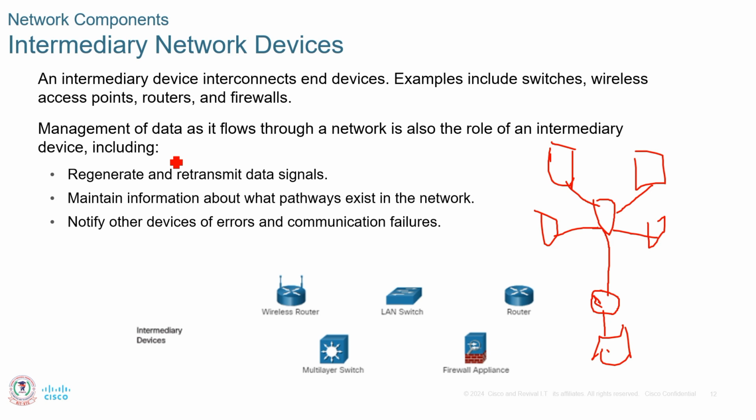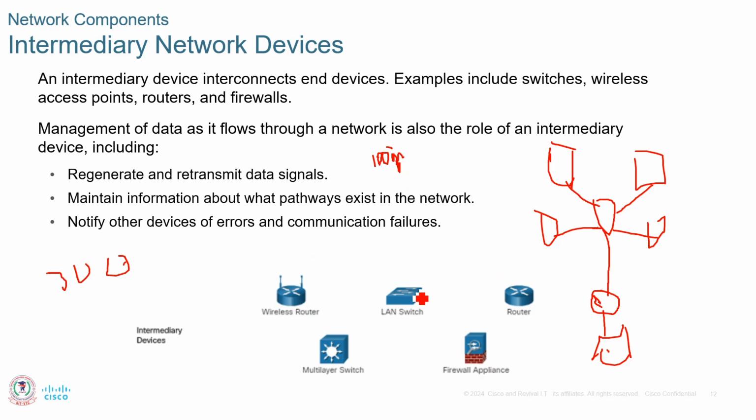And number two, it regenerates and retransmits data signals. For example, when you are using an Ethernet cable, like a twisted pair cable, it has a maximum length which it cannot exceed, unless there will be signal loss, like 100 meters. So if you have a distance of 200 meters to cover with an Ethernet cable, for you to regenerate the signal at the point of 100 meters, you